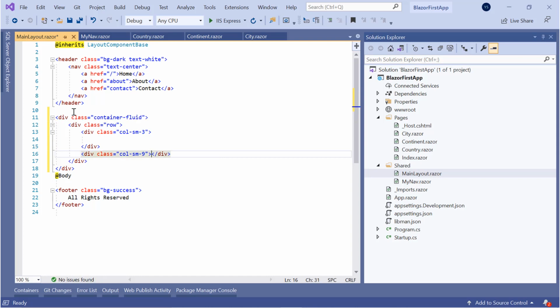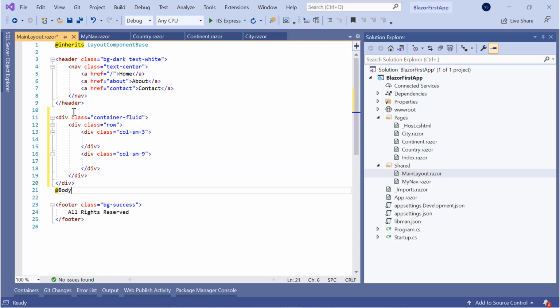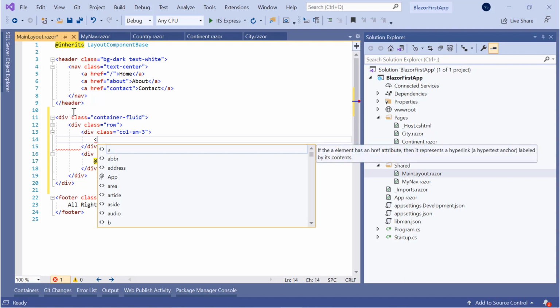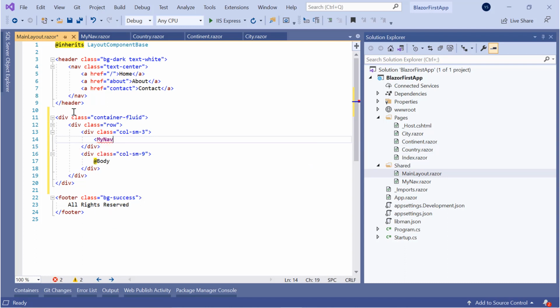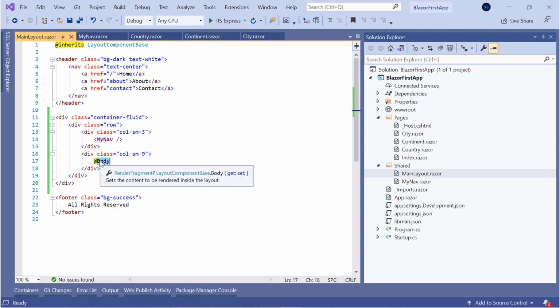So these are the concepts of Bootstrap. Second column is for @Body, and for the left column I call my nav component. My nav will show on the left column, and the right column will be shown by the @Body.